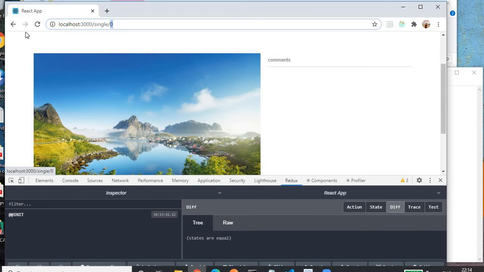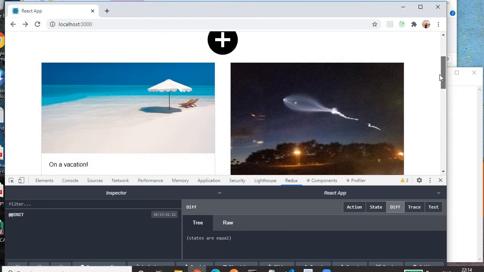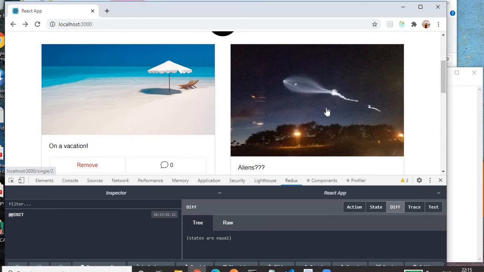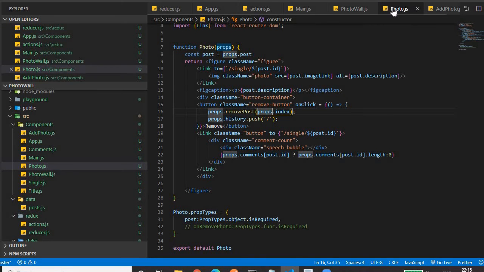First of all, we'll see how on click of image we are navigating to the comment section. This is present in the photo component. We'll go to the photo component. In the photo component, as I explained, we have a Link tag with a to prop, in which we are providing single, then slash, then the ID of the post. In this way we are providing post.id. It will get appended to the URL. Then within that we have the image. So on click of image, it is activating this path in which we are passing the ID of the image that we have clicked.